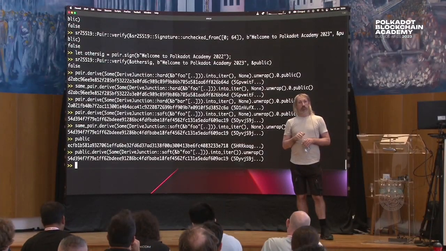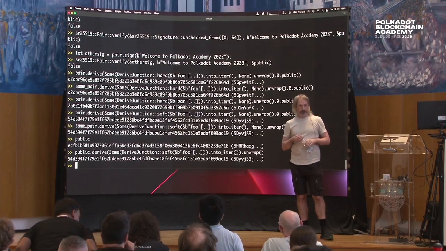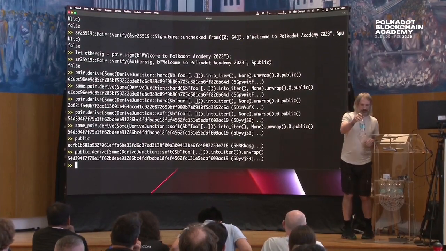Would you mind going back to the REPL to show what you did on the soft derivation? Because I was wondering if you showed that you could get the... So can you just describe the last few lines again? You're taking the public key of the parent and child to derive the secret, or am I missing something? Right. So